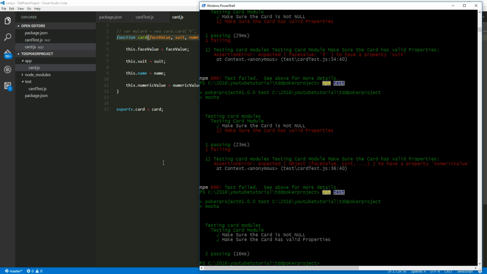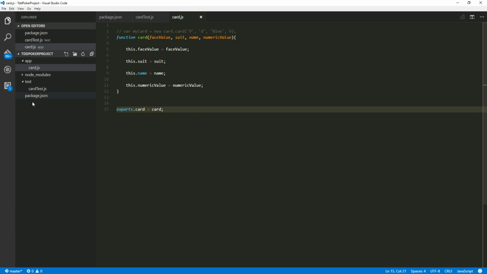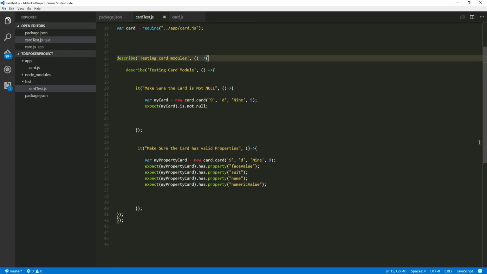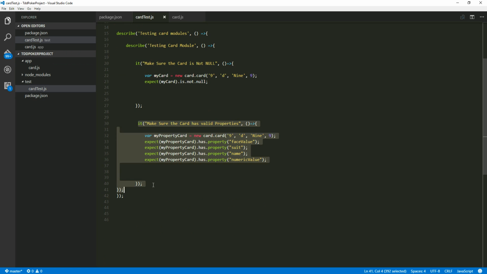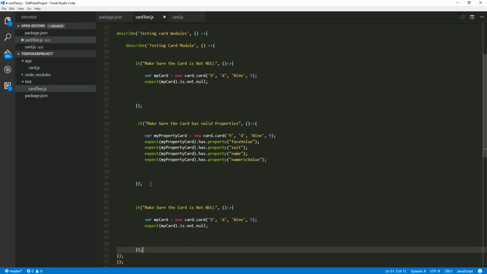So when we do test-driven development, we always go slowly, meaning we want to make sure our code is robust. Basically the test is providing feedback to us on what to do next. Next thing I want to do, let's even start from the test here. I'm going to write a new test here. Actually, I'm going to copy the one that has a pure. Make sure the card object has a property to